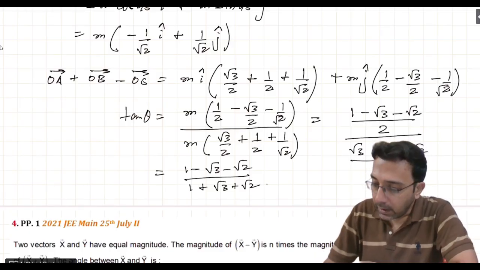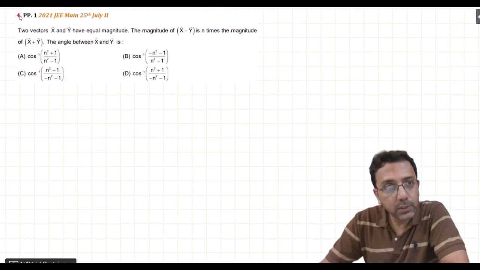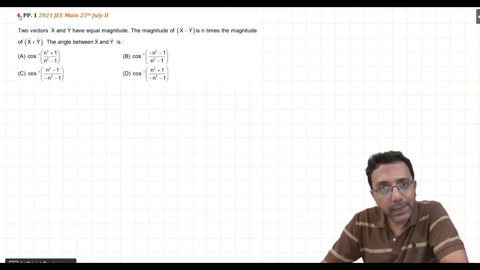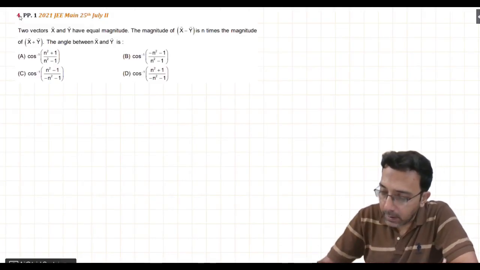Okay, fine. Let us go to the next one, that is problem number 4. Here what is told to us, two vectors x and y have equal magnitude. The magnitude of x minus y is n times the magnitude of x plus y, and we need to find out the angle between the vectors. So what is given to us is